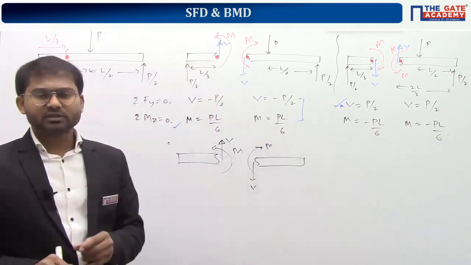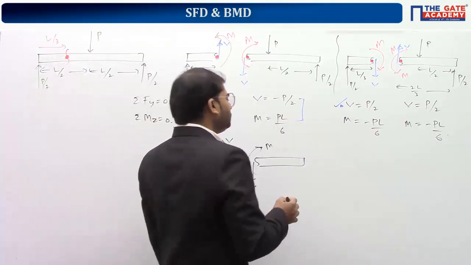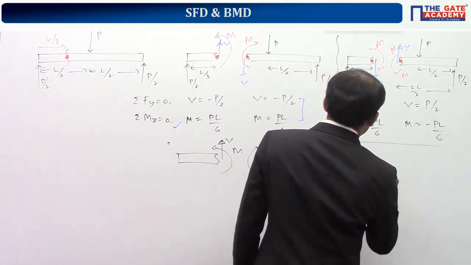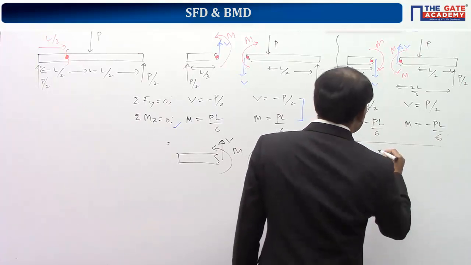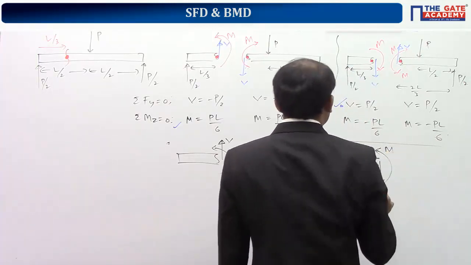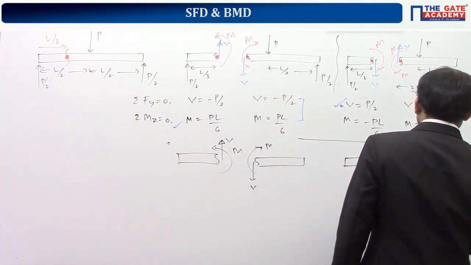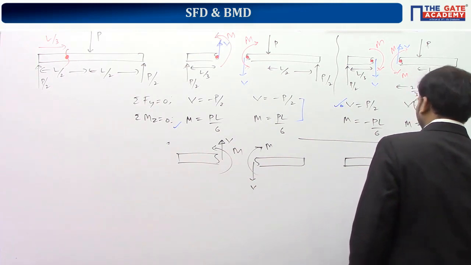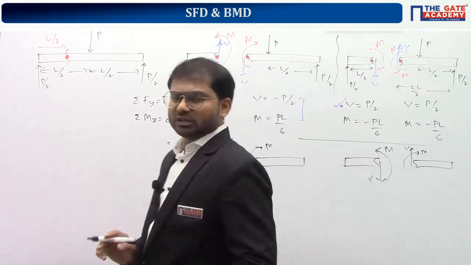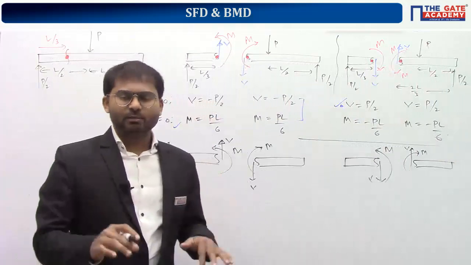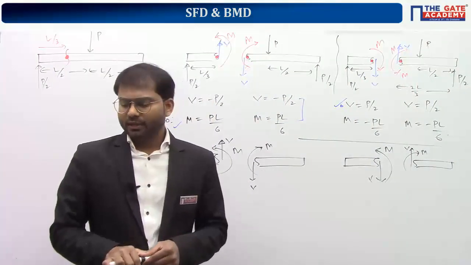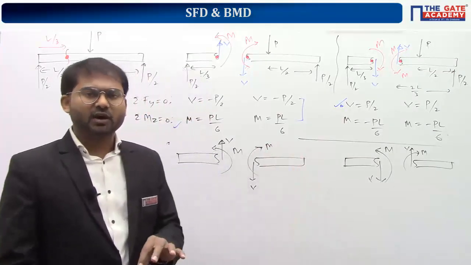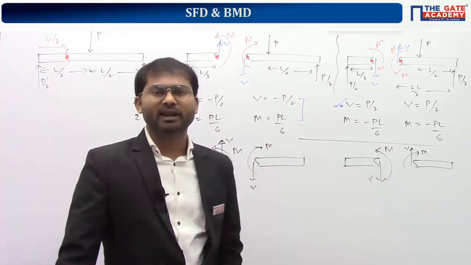This is the sign convention followed by most of the people. In our textbooks, what I observed was, they are following the reverse sign convention for V, but the same sign convention for M. Understood? Okay. So whatever convention we use, you will get the magnitude the same only. And please remember, the difference is only in terms of shear force, which is of relatively lesser significance as compared to bending moment.